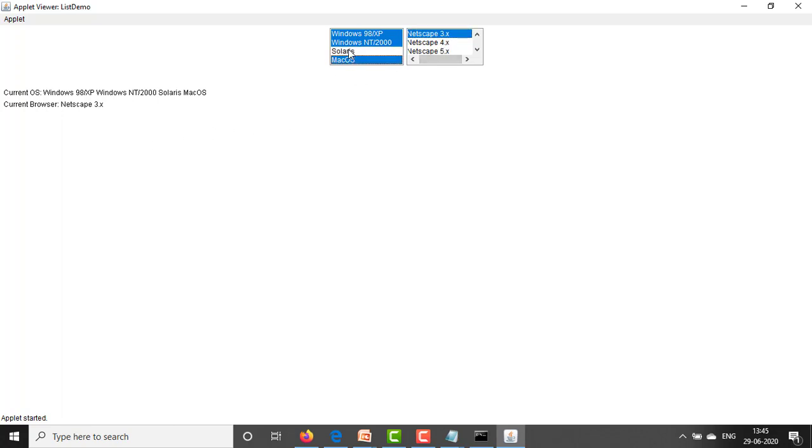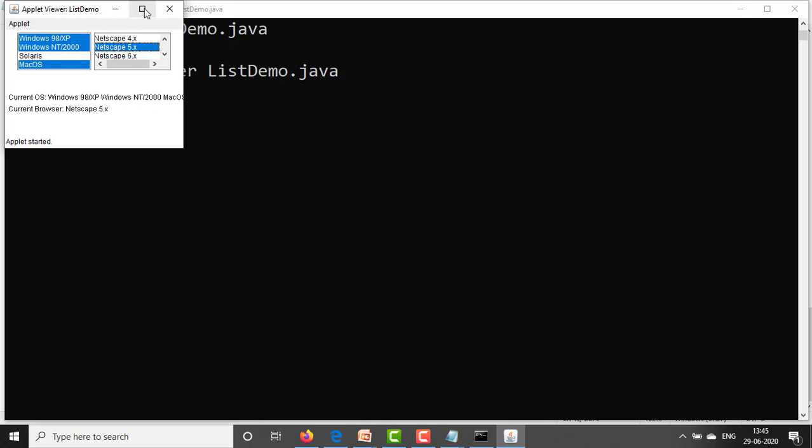Or you can select like this, unselect, and select Netscape 5.x. You can refresh this window, and you can see the output is changed. Current OS Windows NT, Windows XP, NT, Mac OS. Solaris is not selected, so Solaris is not displayed in this output, and we have selected browser Netscape 5.x.